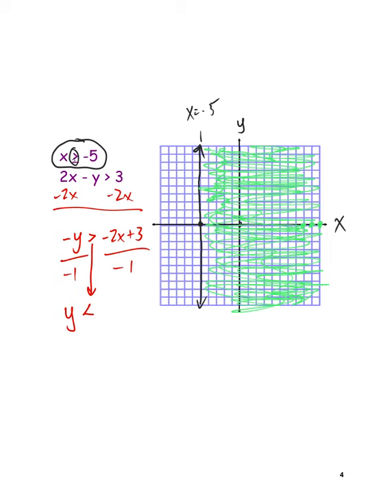And so now -2 divided by -1, negative over a negative is a positive, so my slope is 2. And then +3 divided by -1, well, that's a -3. So my equation here is y is less than 2x minus 3. So I'm going to go to -3. I'm going to go up 2 over 1, up 2 over 1 for my slope of 2, over and over. And then clearly I haven't crossed the black line yet, so I'm going to go the